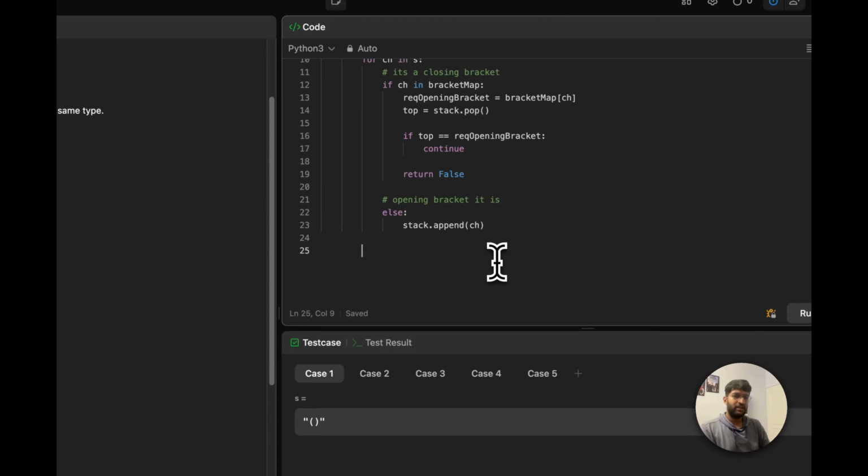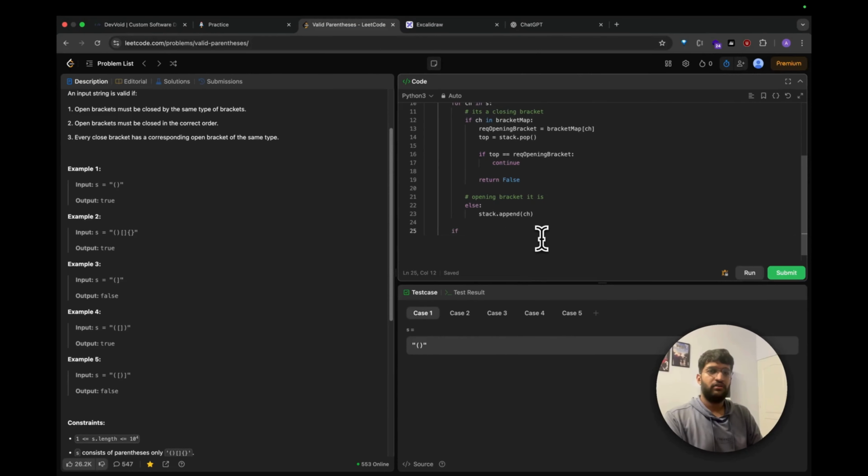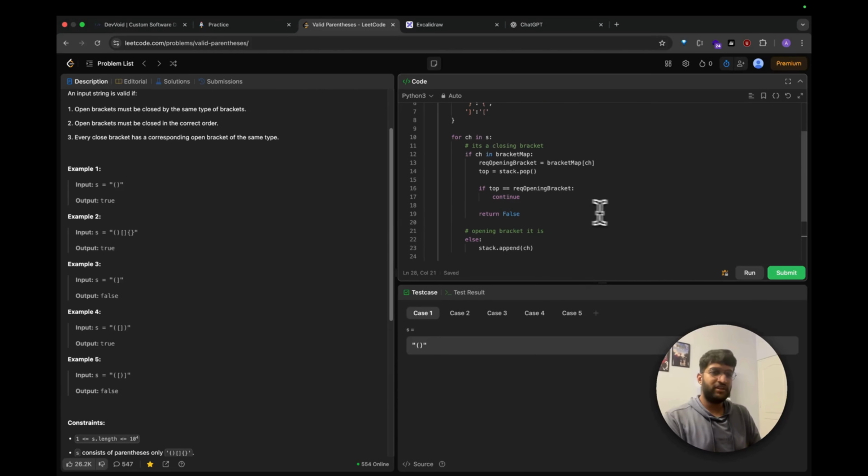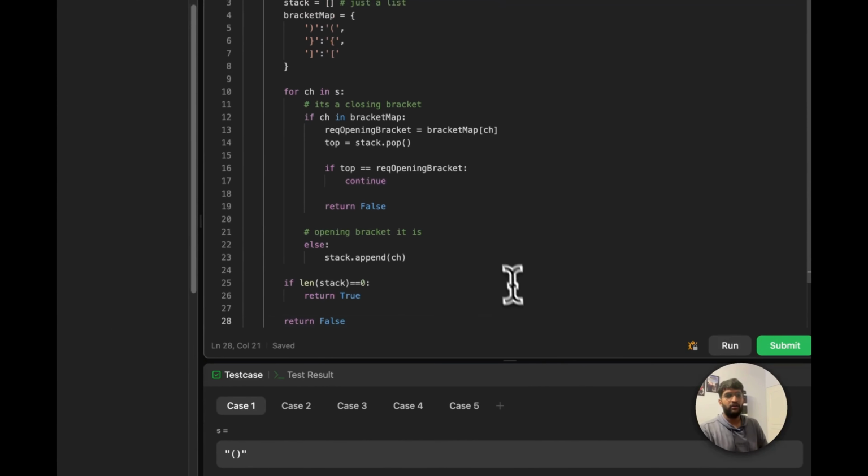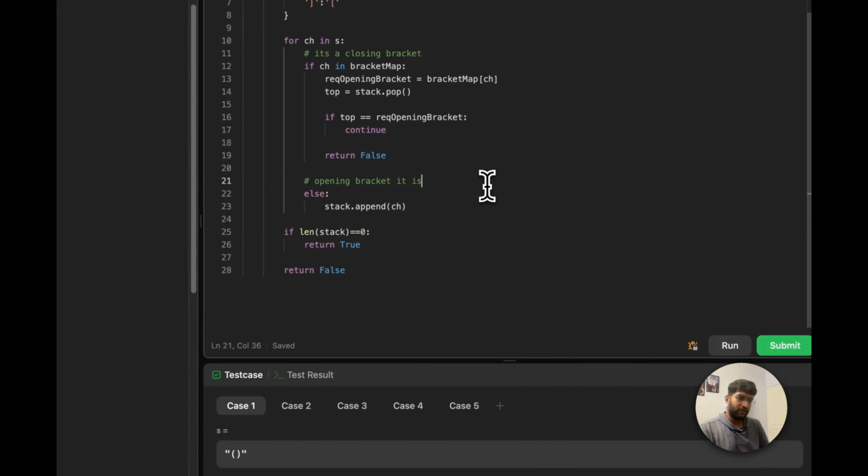And finally, we just say if the length of stack is equal to 0, then we return true. Otherwise, again return false. There are some cases here that we didn't handle, and we'll look into that one by one. For example,